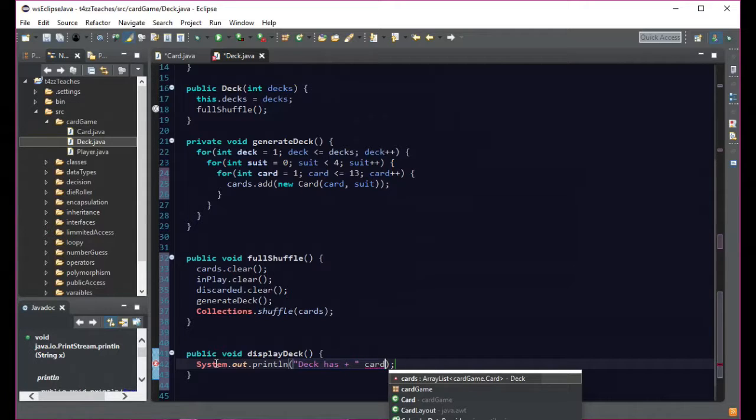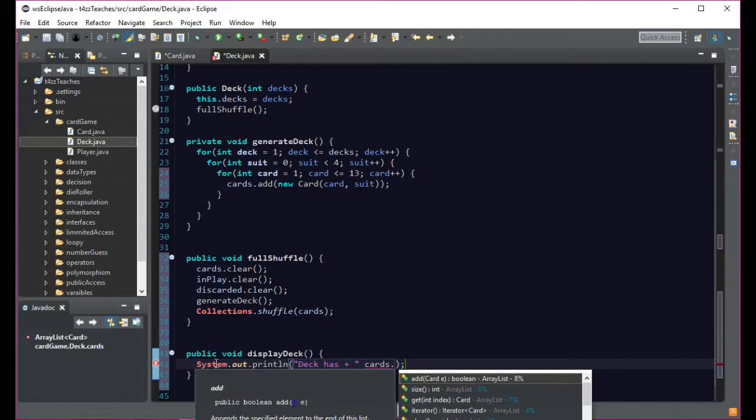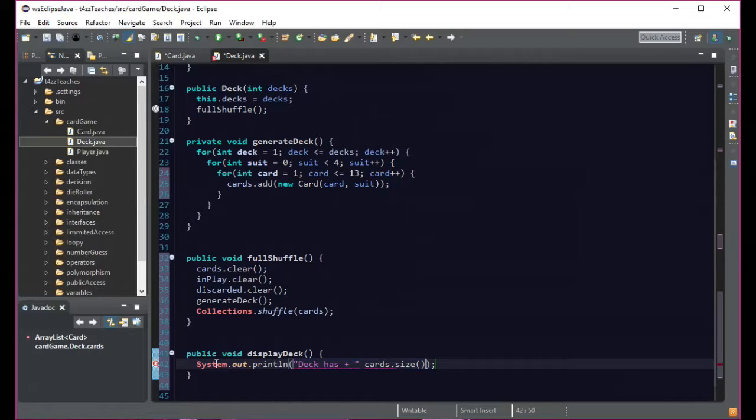So we want to say cards, and then use its built-in function of size, and that will tell us, and then we can say plus " cards", like so. Then what we're going to do is use our enhanced for to actually output all the cards that are in the deck. So we say for,